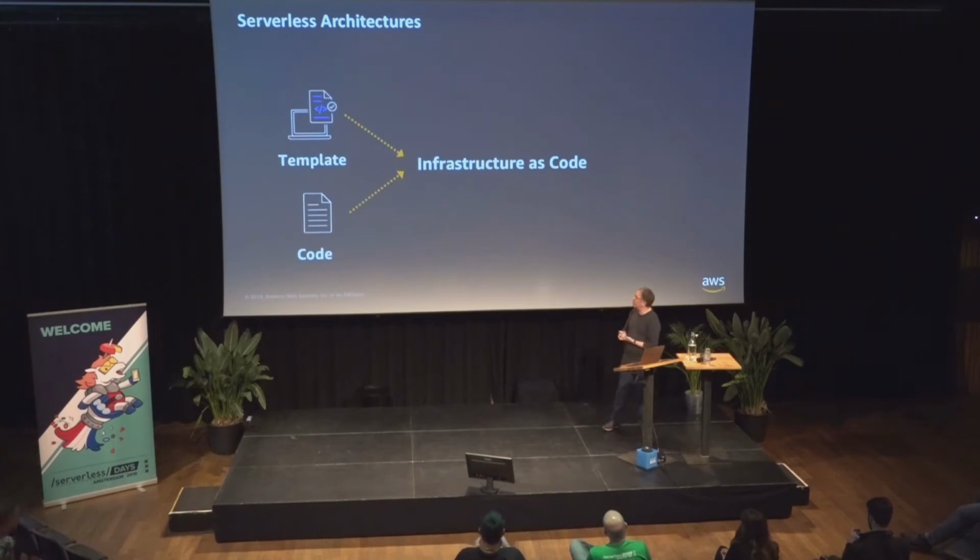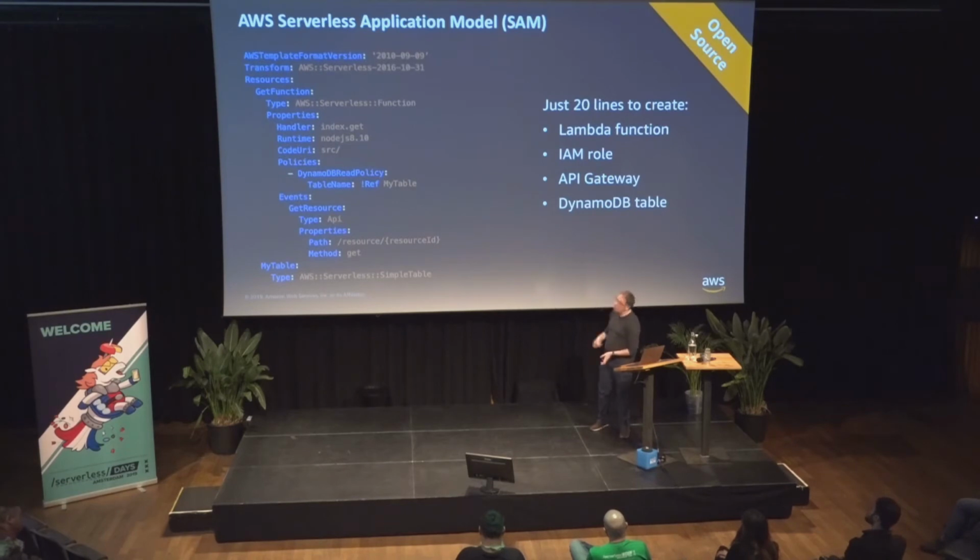So for serverless architecture, to build something like this, we can start by managing the infrastructure as code. By describing the whole infrastructure that I need for my serverless architecture, the functions, the data store, the database tables, all in a single template. And this, together with the code, creates a whole description of my application in text files. We already saw in the previous presentation that, for example, on AWS, we have the Serverless Application Model, SAM, which is a way to describe the infrastructure of a serverless project. These 20 lines of code, for example, declare a function, linking it to the source code.